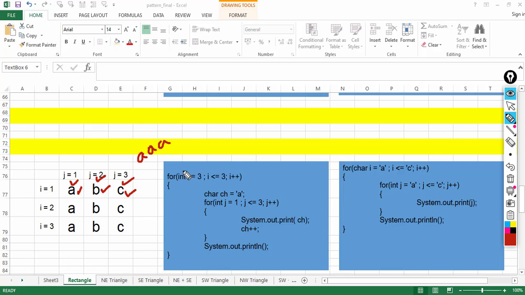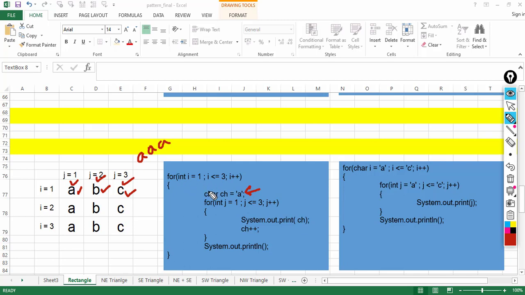So this time I have declared the CH variable inside the inner loop, sorry, inside the outer loop.